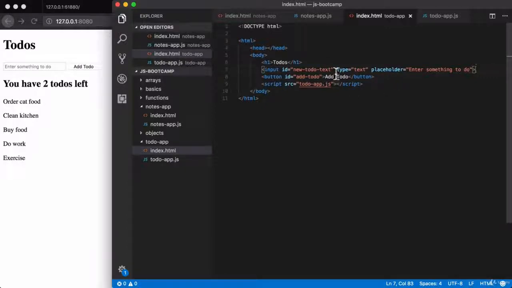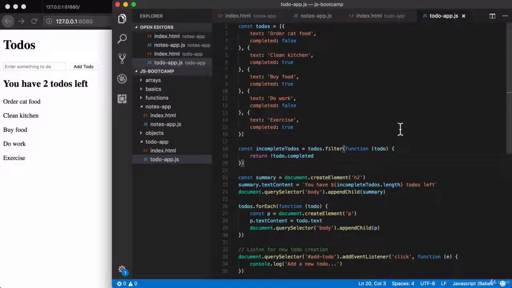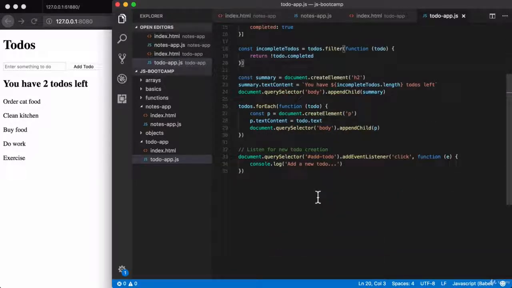Now we're going to wire things up to actually print the text as it changes. Over here, let's go ahead and do just that. Now, the to-do app.js file has gotten a little more out of hand than our notes app.js file, but don't worry, we will come back and clean a lot of this up in the next video as we actually filter and render multiple times. Down below or anywhere in the file, all I wanted you to do was add an event listener. Listen for to-do text change. Down below,